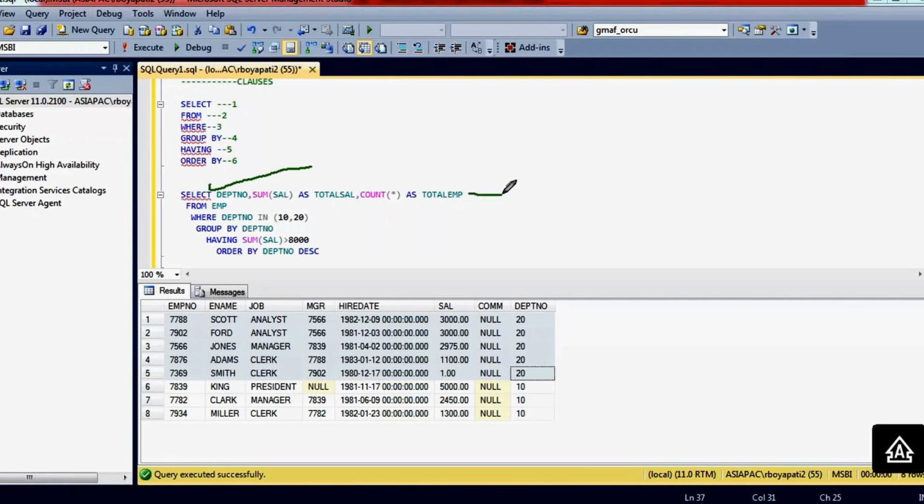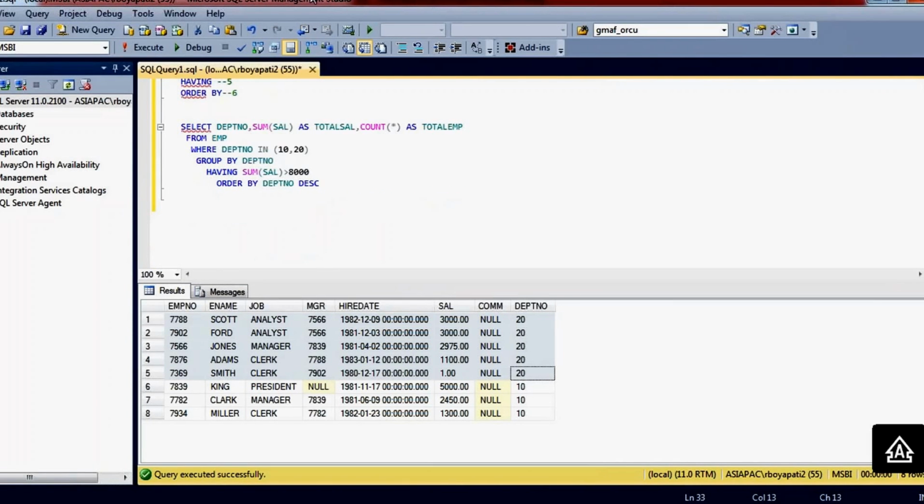SELECT is the first one, FROM is the second, WHERE is the third, GROUP BY is the fourth, then HAVING, ORDER BY. In this order you have to write a SQL query. So don't get confused. But inside SQL Server, how is it executing? What is the flow of execution of the SQL command?